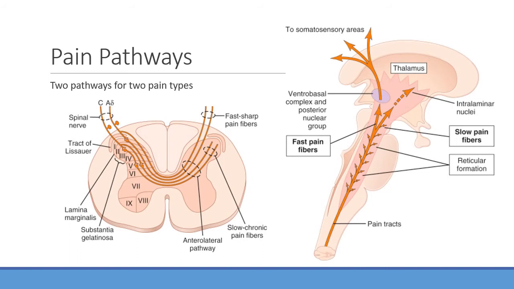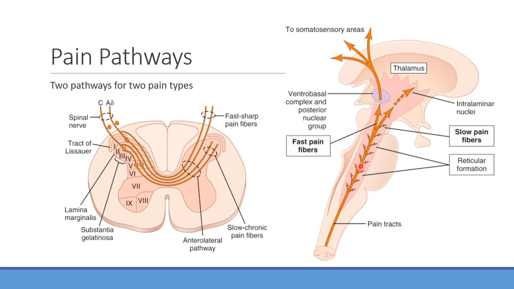So again, looking at these two pain pathways, you can see how they're going to be traveling using this anterolateral pathway. Again, they're going to be synapsing here early on in the spinal cord as they enter in. We're going to talk about some interneurons that are going to be important for pain relief, which we'll talk about in a second here. But basically, they're going to be traveling up. And you're going to see they have kind of two main pathways.